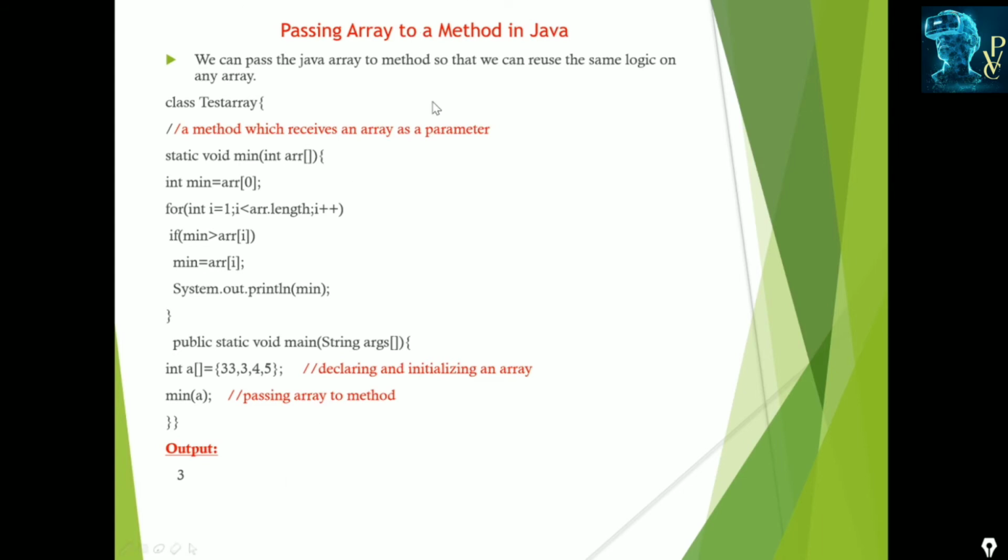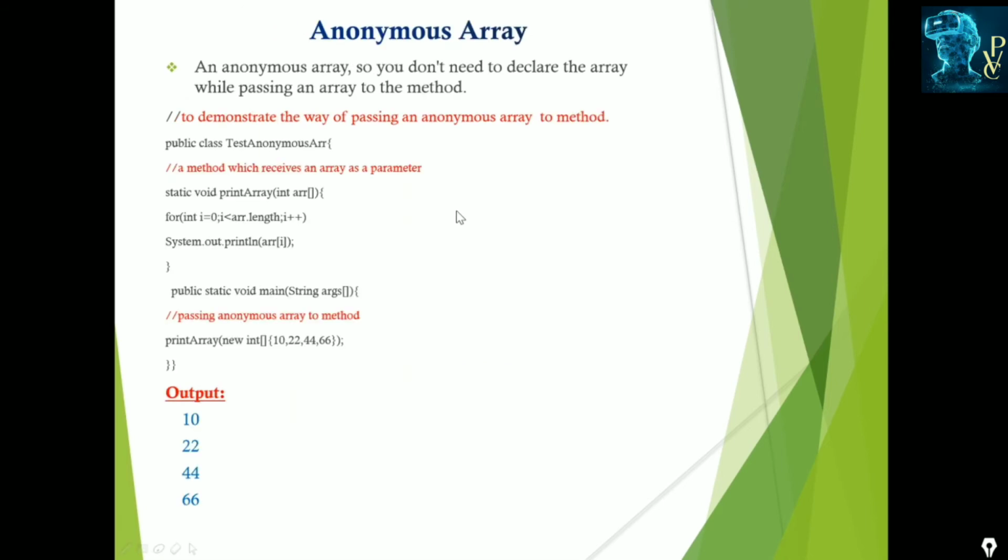Like this we calculate the minimum value in the given array by passing the array as the argument in the method.